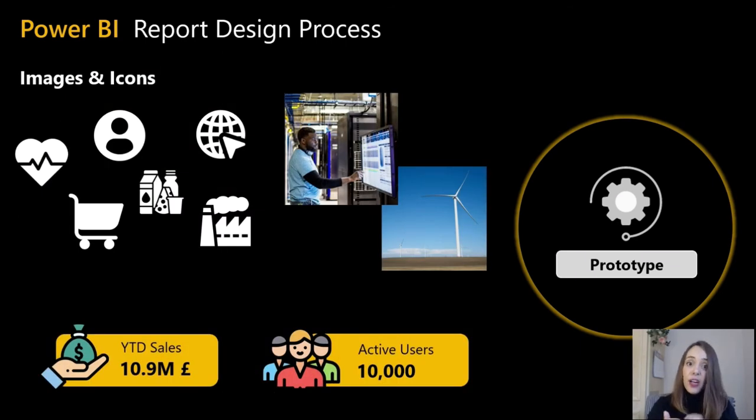And the last one, images and icons. I mean, do I have to say anything else here? Just look at the examples here. I love icons. So icons make any KPI look so much more engaging and nice to look at. They also help emphasize pieces of visual information, obviously. Images, for example, are very good for home pages, so don't be shy. Use icons, please. The users of your report, they will thank you for that. Just one advice, don't overdo it. Don't use too many icons.